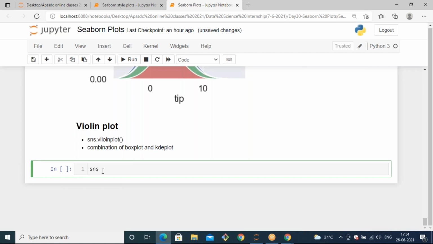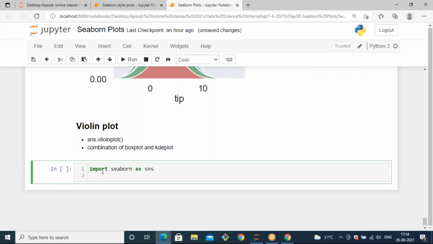So SNS dot. The syntax is the same in any case, but you need to observe the visualization. Import seaborn as SNS, and we are going to set the theme with set underscore theme.